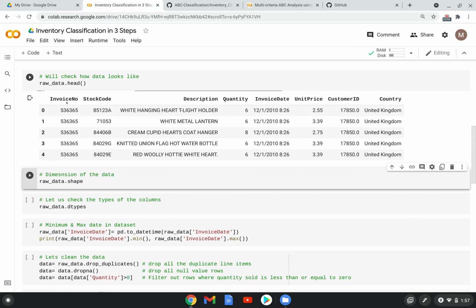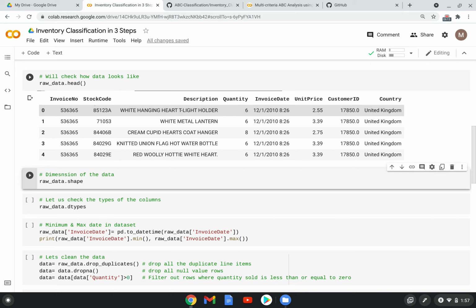So here we got 8 columns, right? Which are the invoice number, and then the stock code, which is basically the SKU code, and then the description of the SKU, and the quantity of the transaction.